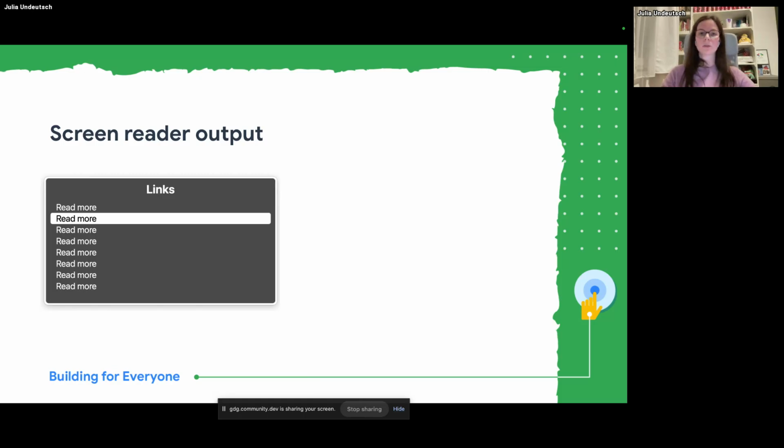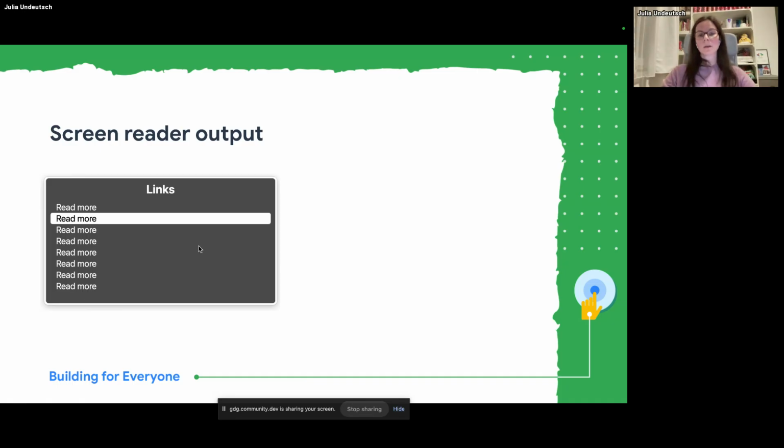It's reading out the content for those who cannot see what's going on the web. And there is a shortcut where it can list all the links on the page the user is currently on. And when we only have links saying read more, then there is no difference for the screen reader users, which article they are currently on and which article they are going to read more about.